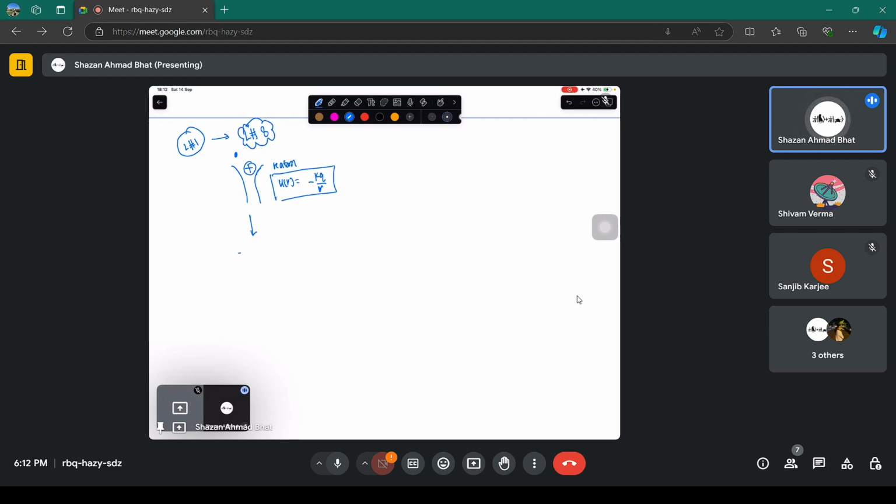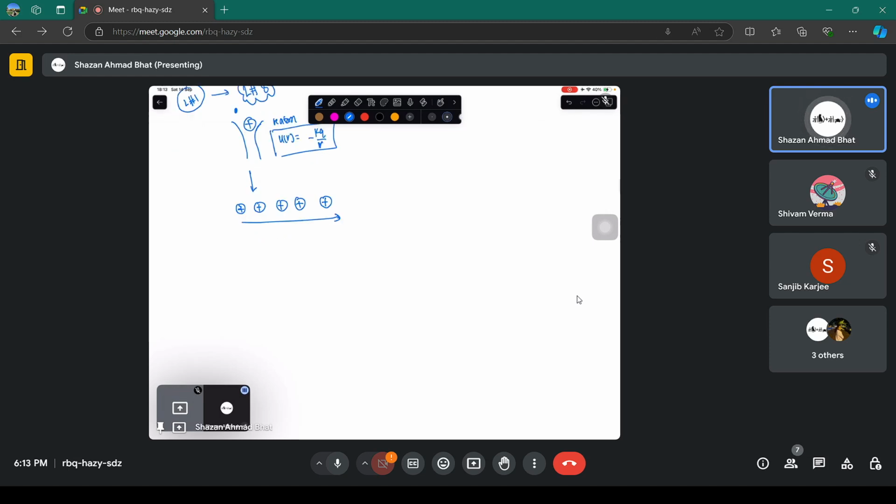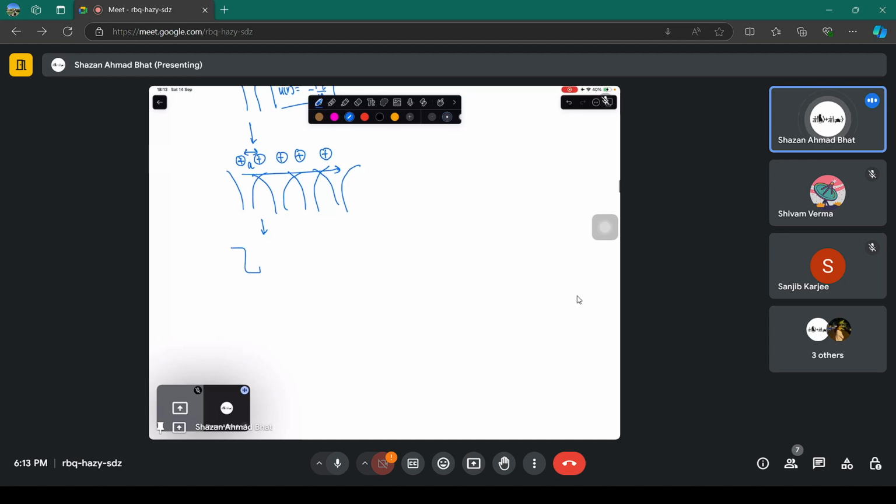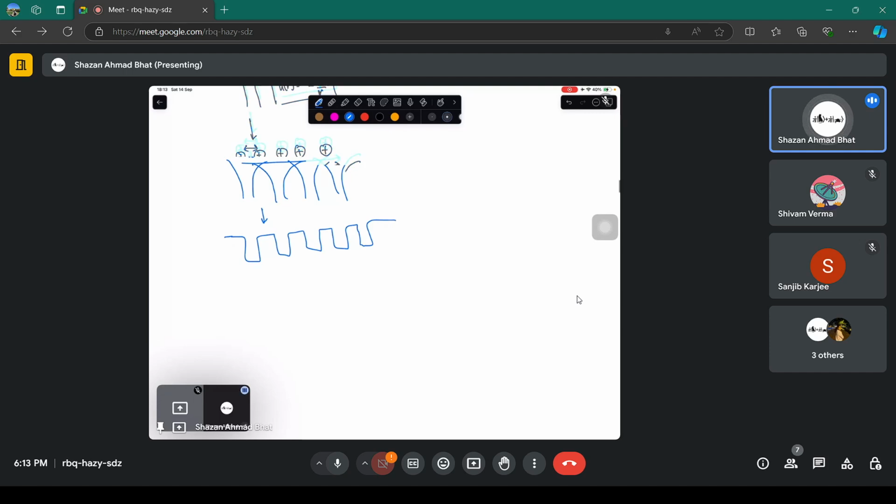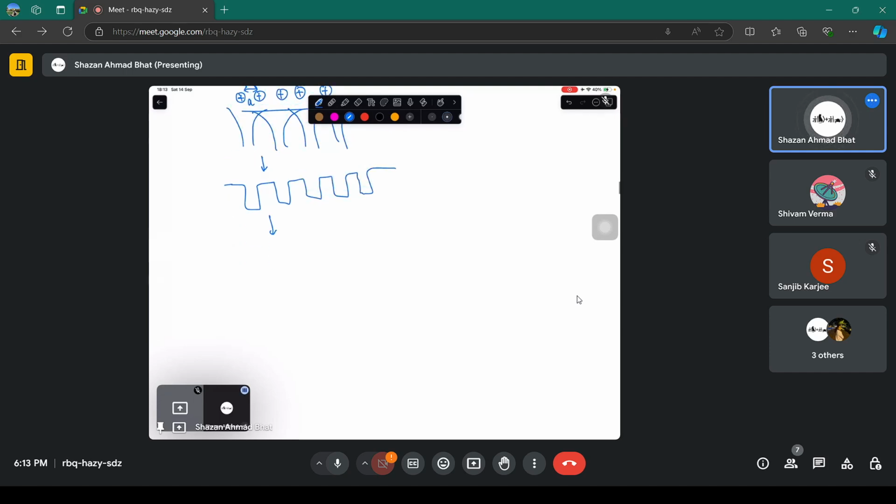Then we say that if we have a bunch of atoms, let's say in a solid, where they are repeated over a certain distance, this distance between the two atoms is called the lattice constant. This makes up a region with repeating potential wells, and using a certain approximation, you consider them as square potentials, and then using the concept of Bloch's theorem,